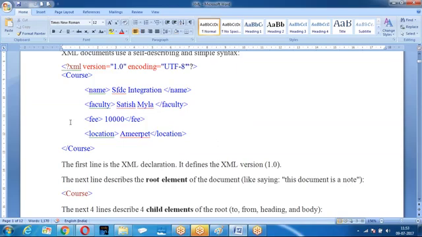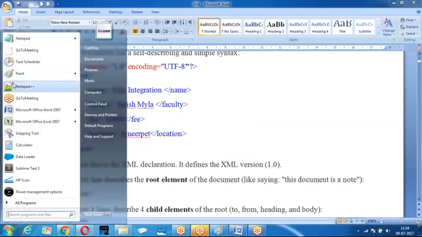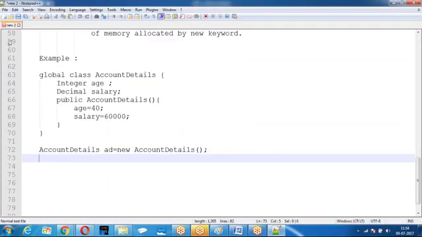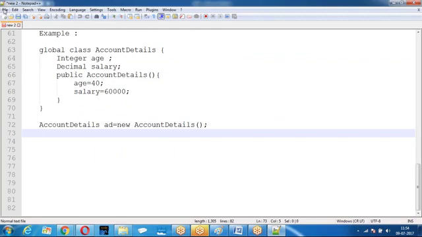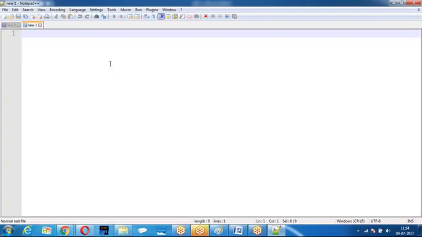Now, every XML file will start with a question mark, XML, and version. Version 1.0 is the first version and the last version. If you want to give encoding, this is the default syntax we are going to get.